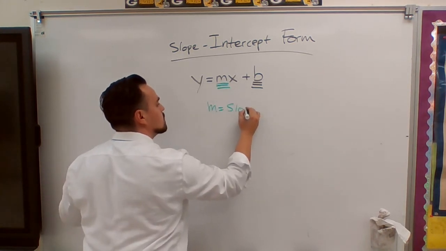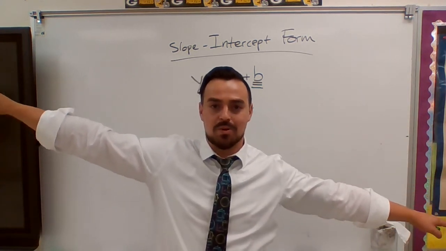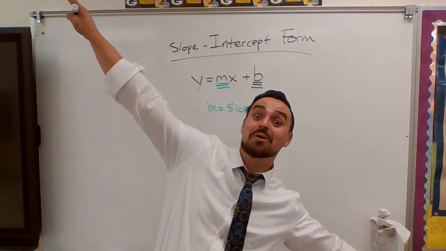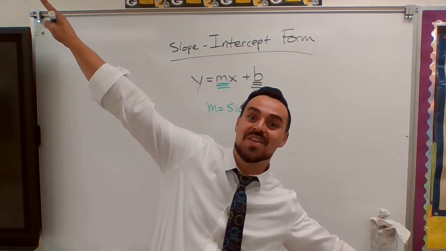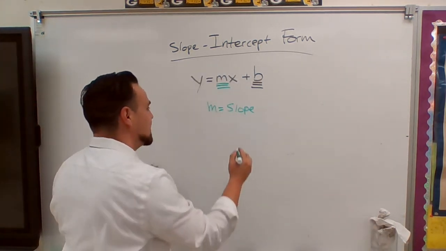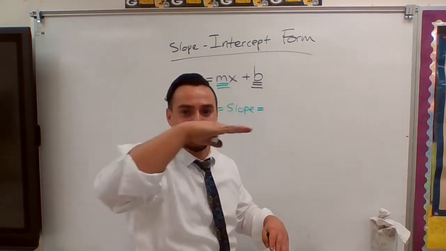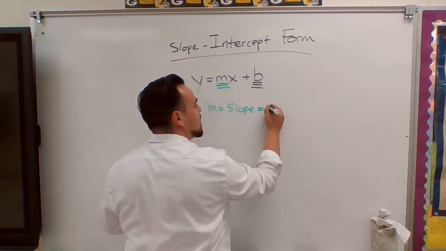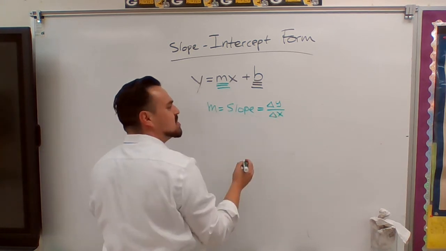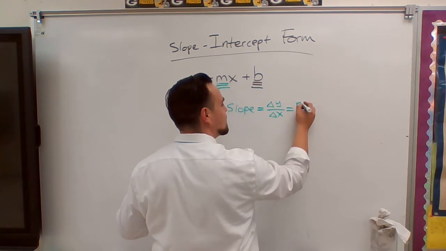M is your slope. Your slope is how steep a line is. If you're going off a ramp, you're like, oh man, that's a sick ramp. But that ramp, oh, that one's gnarly. You're really going to get some air on that one, bro, right? The slope is just how steep something is. So the slope can also be described as how big the up and down is compared to the left and right, or the change in the y-axis compared to the change in the x-axis, or more informally, the rise